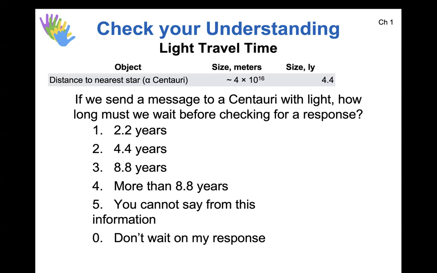3? Yeah, because they have to receive your signal and then send one back. So it's 4.4 years there, 4.4 years back. Yep. So the quickest response we could expect is 8.8 years. So if we sent a signal that said hello, we have to wait 8 years, and then they say, hello, who are you? Right? It'd be a very slow conversation,